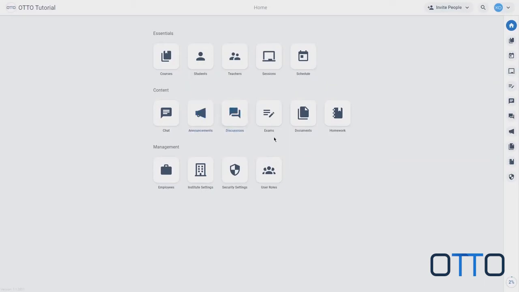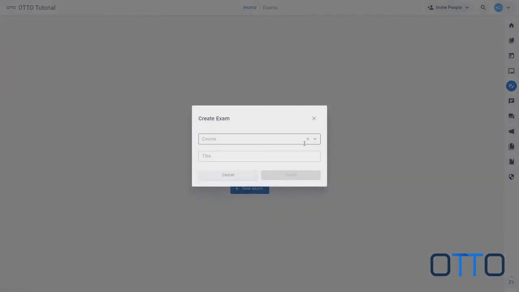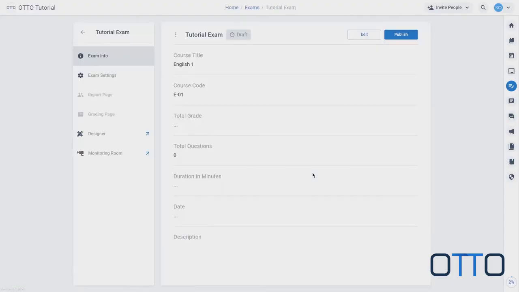Next, one of OTTO's major features, Exams. We can easily create one by selecting a course and adding a title. Once created, we'll be forwarded to the Exam Info tab, where all the exam info will be displayed and edited,